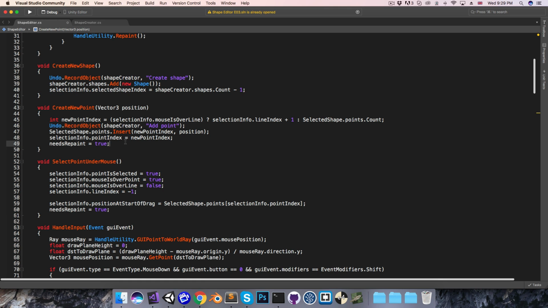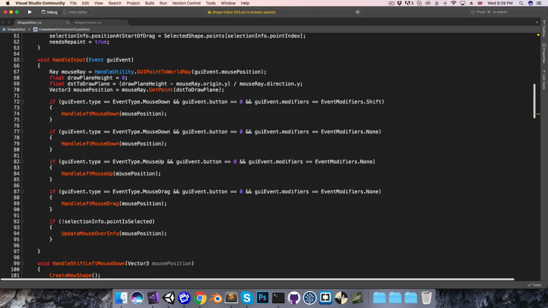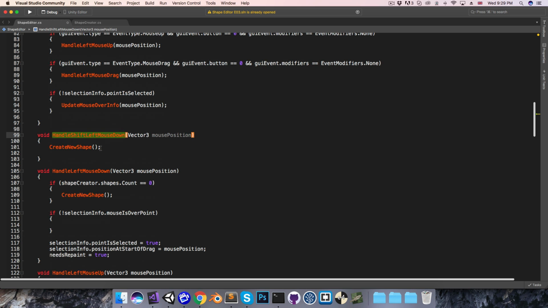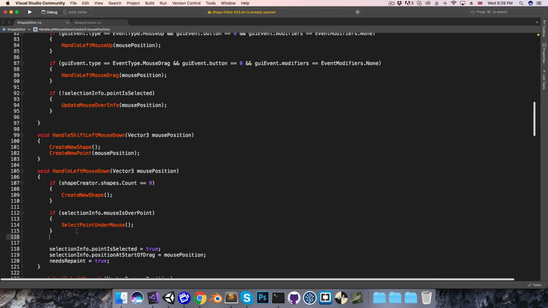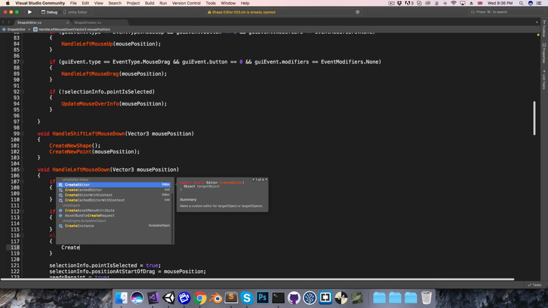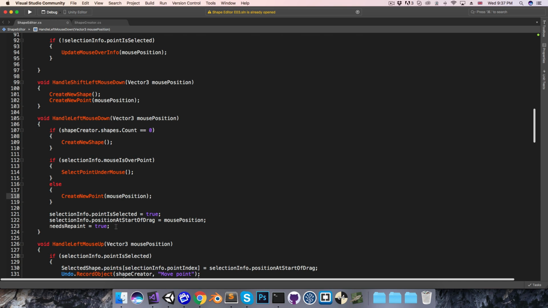So when we create a new point, we'll call select point under mouse immediately. And then in the handle shift left mouse down method, after we create a new shape, we'll ask it to also create a new point at the mouse position. And in our regular handle left mouse down method, we can say that if selectioninfo.mouseIsOverPoint, then we simply want to select the point under the mouse. Otherwise, we will create new point, passing in the mouse position,